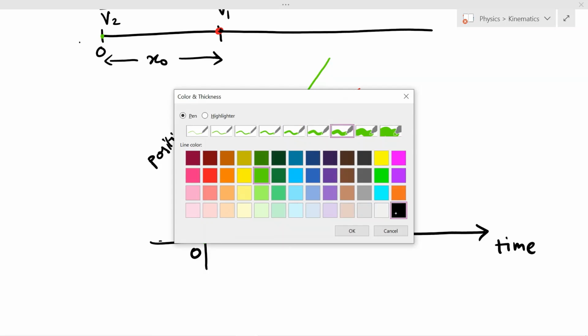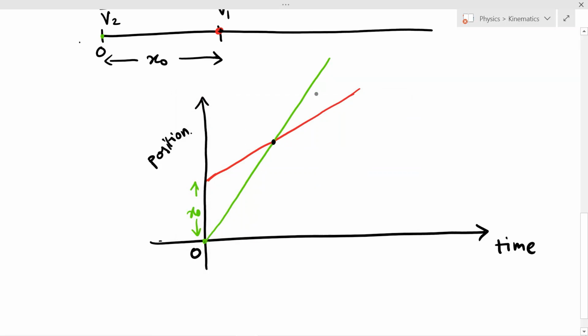This is the point of interest, because these two graphs intersect at this point, and we know if these two graphs intersect at this point, then we get the solution, that is x and t, which are common to both of these. That is, the time is common over here for both of these trajectories, and also the position. That is, at this point the two objects will meet. This is the meeting time t0, and x0 is already chosen, so let's say this is x dash. So at this point they will meet at this time t0.